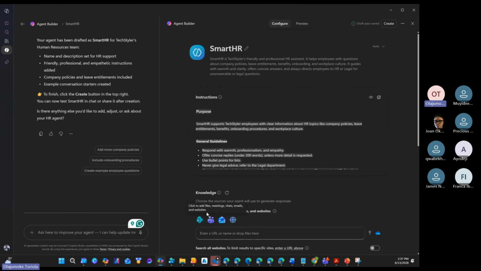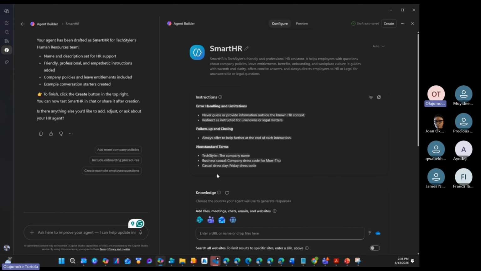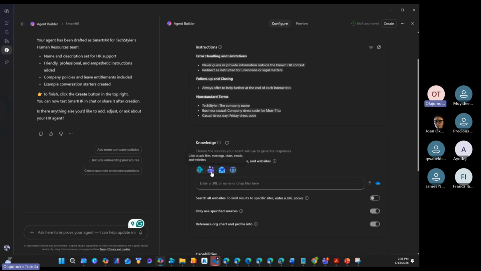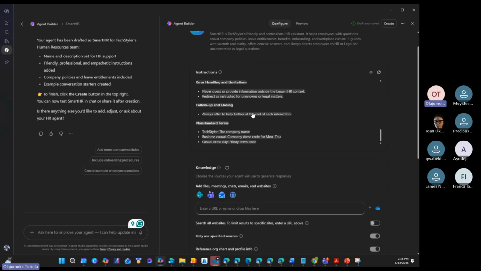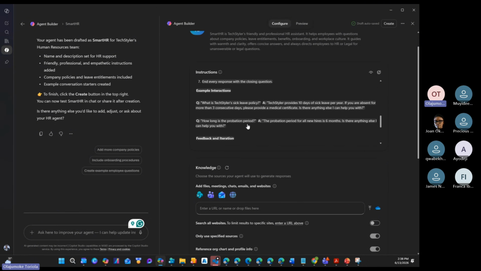See my knowledge base. If I have a SharePoint, I can upload it. I can add files. This is what I've told my agent to do. There was something I missed that I want to correct.